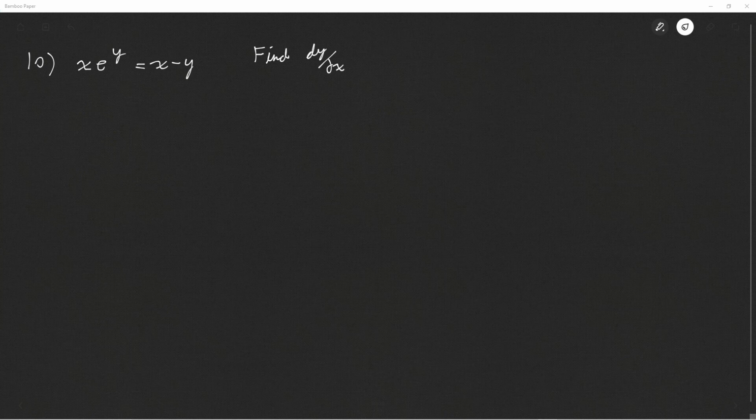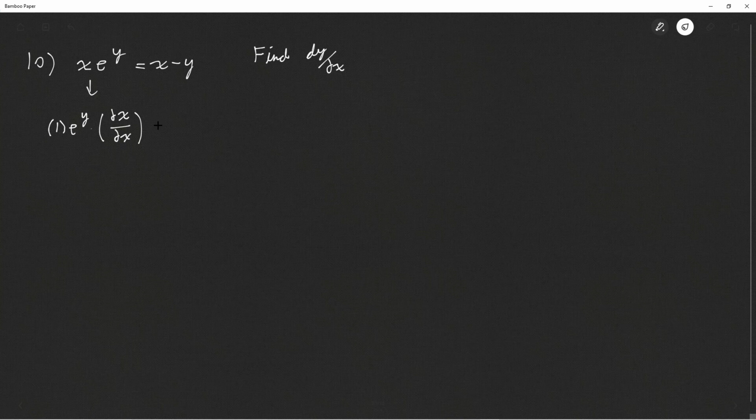So now we have a little bit harder of a question. We have question 10, which is x multiplied by e to the y is equal to x minus y. So we're going to treat this just like our last questions, except we already have variables on both sides, but it doesn't really change our steps. So again, we're going to do the derivative of the x first, and we'll treat e to the y as a constant. So this will be dx over dx,